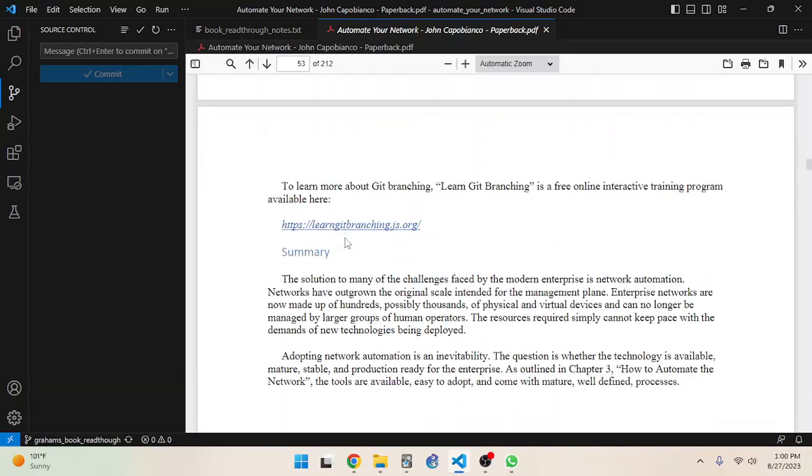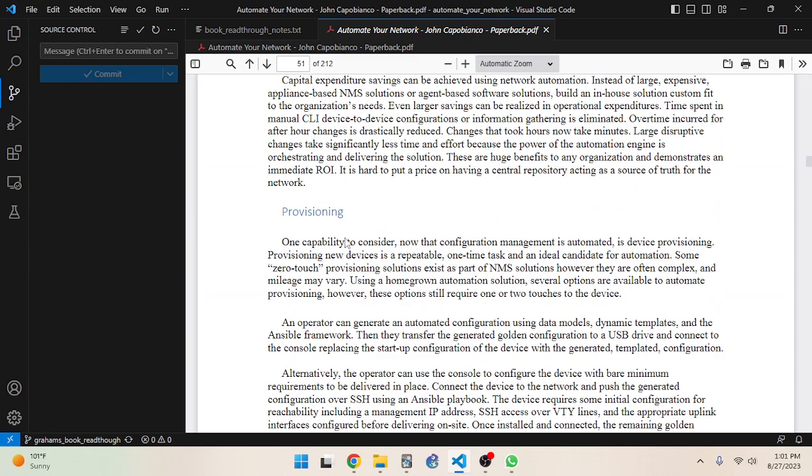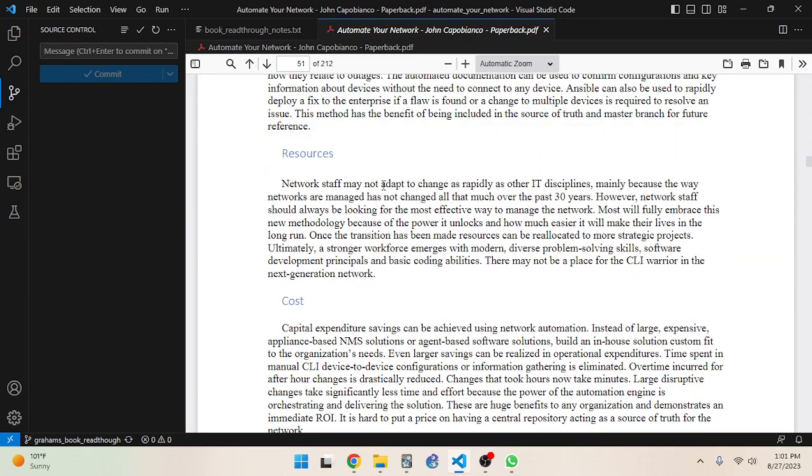All right, so moving right along here, almost done, just two more pages. So resources, network staff may not adapt to change as rapidly as other IT disciplines, mainly because the way networks are managed has not changed all that much over the past 30 years. However, network staff should always be looking for the most effective way to manage the network. Most will fully embrace this new methodology because of the power it unlocks and how much easier it will make their lives in the long run.